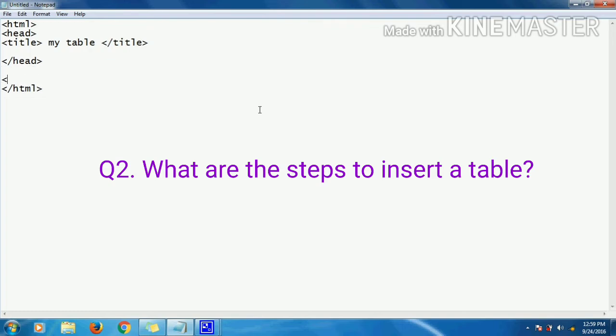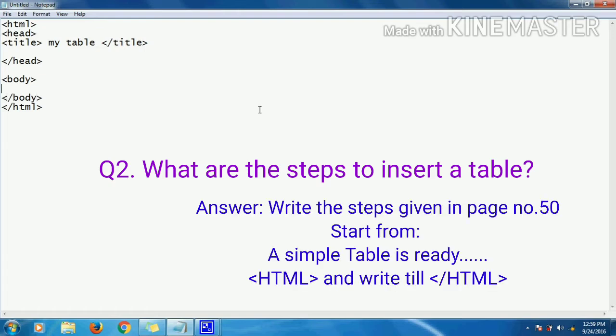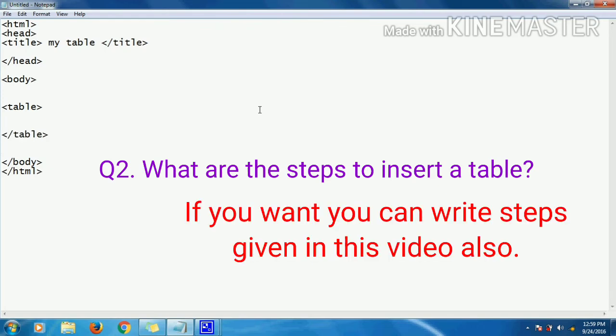As you know, the title will appear in the title bar, and after head you have to write the body. Then table open, table close. This is the basic tag to create the table.